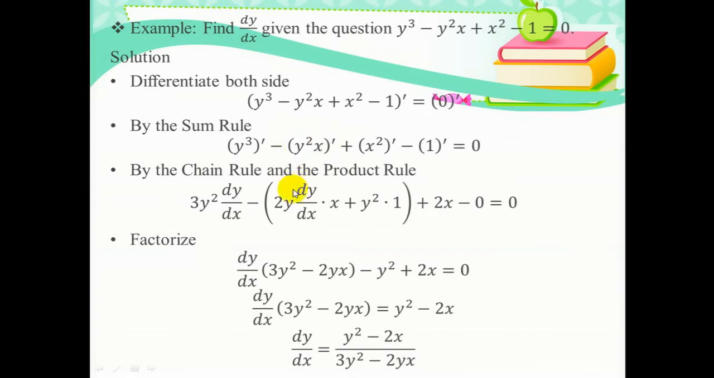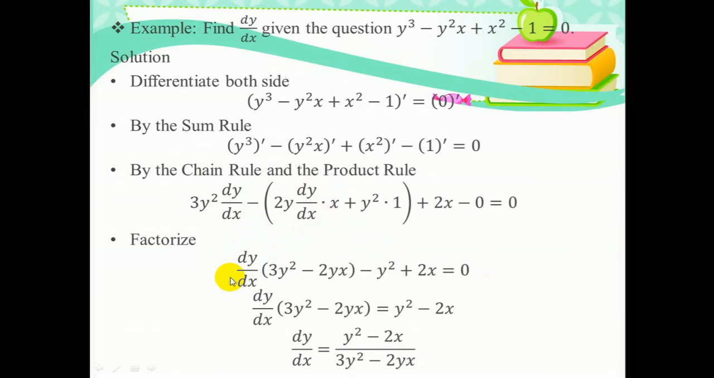Derivative of y squared is 2y times dy over dx times x, plus y squared times the derivative of x, which is 1. Then the derivative of x squared is 2x, and the derivative of 1 is 0. Then you can factorize dy over dx: 3y squared minus 2yx minus y squared plus 2x equals 0. So you just need to open the bracket,